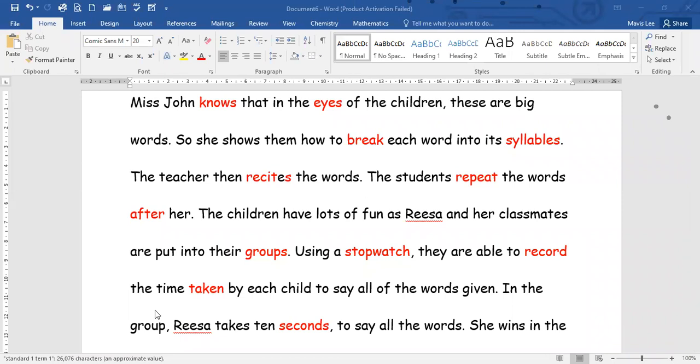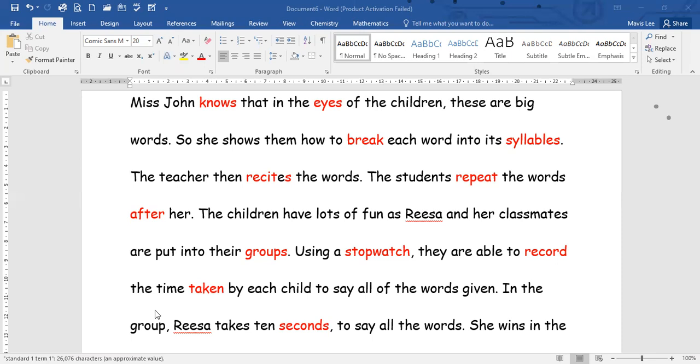Because remember, we are still looking at fluency, how well we read, not only sounding out the words. When we first read a passage, we have to sound out the words. So we also have to practice it to make sure that we can read smoothly without stopping. I'm going to give you an example now. I want you to look at the words and try and point to them in your book as I read them. They're the same words, but they look different.